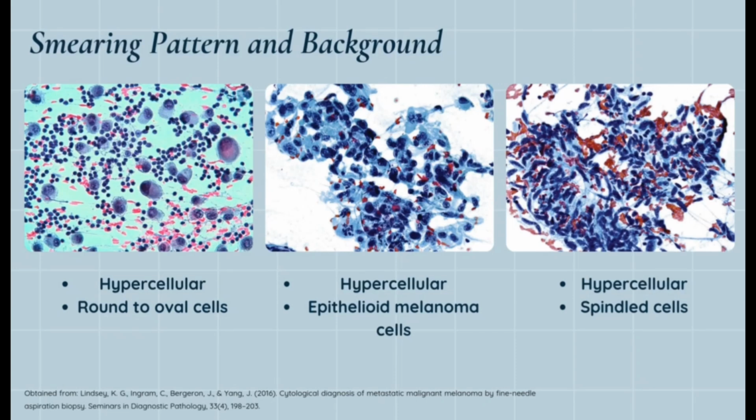This is the smearing pattern and background details of metastatic malignant melanoma. Look at these examples. All are different slides, but all of them are hypercellular, with presence of different shapes of cells in each smear. In the first smear, we can see that the cells are round to oval. The second is epithelioid melanoma cells and the third is spindled cells. The cells can also be present singly or in clusters. So, the smearing pattern for melanoma cases can be different in each case, depending on what kind of primary melanoma